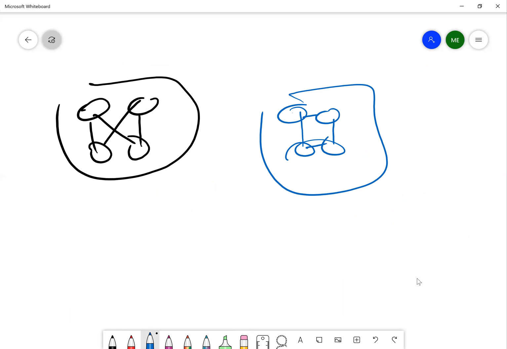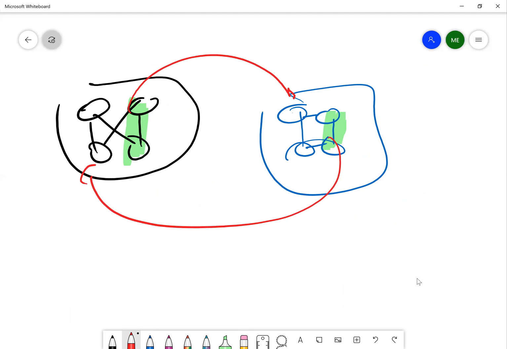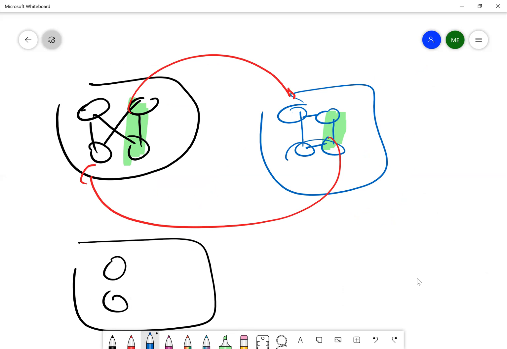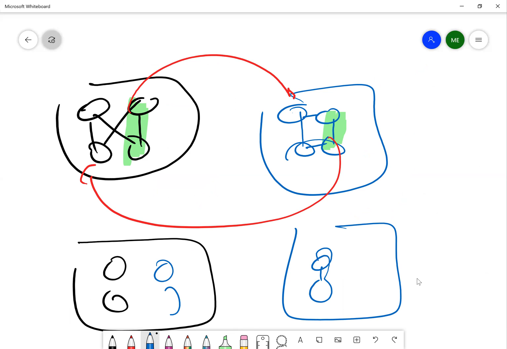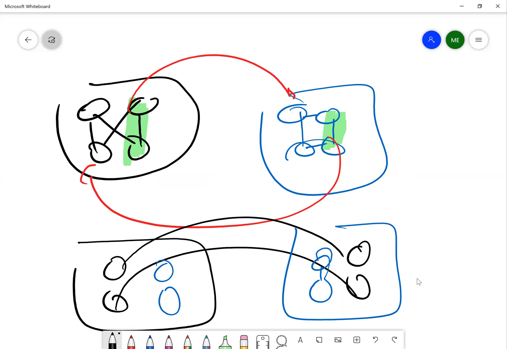Now let's just say I have taken a couple of those classes from here and a couple of those classes from here, and I, by mistake, put them over here, taking the green ones from here, put them over here. What I'm going to end up with is the situation as such. I got my classes, here's the blue, got my classes as well. A couple of the blue we put over there, a couple of the other blacks we put over there. What's going to end up happening is that the number of interrelationships would increase,